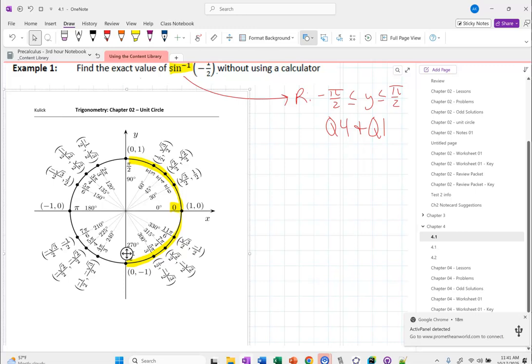How do you make it negative? You just go the other way. Correct. So positive angles go counterclockwise, negative angles go clockwise. Okay. Yes. Still doing okay. Now,